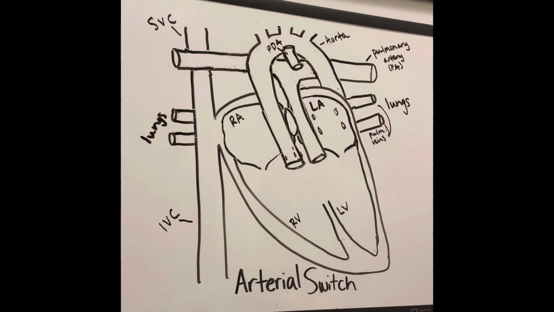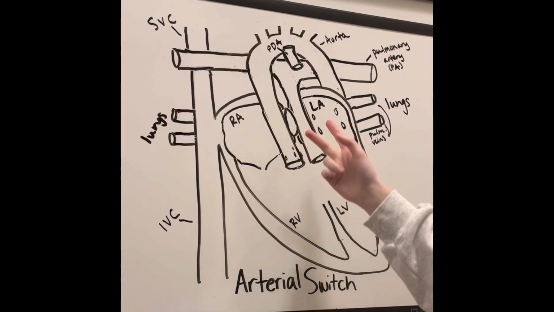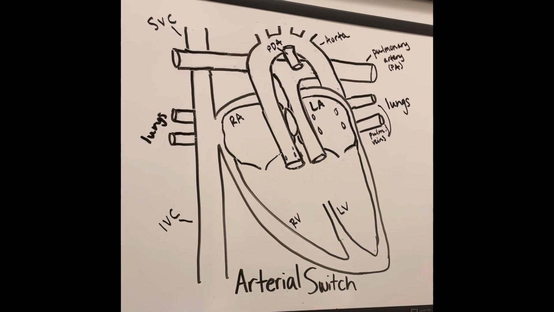So to correct Addie's anatomy, the surgeons are going to perform what's called an arterial switch. And this means pretty much just flipping her great arteries back to the normal side of the heart that they're supposed to be on. Sounds simple in theory, right? But